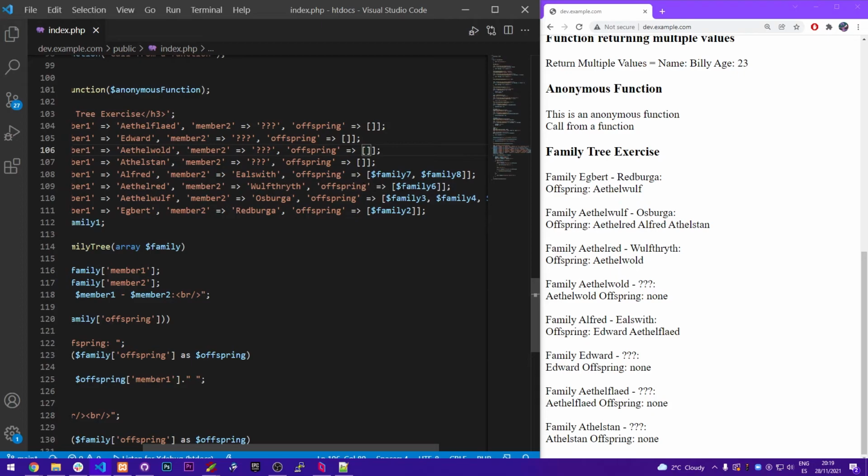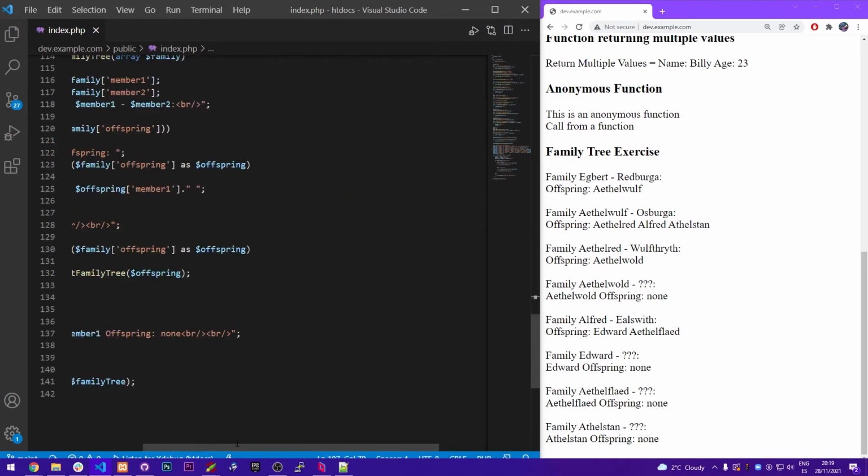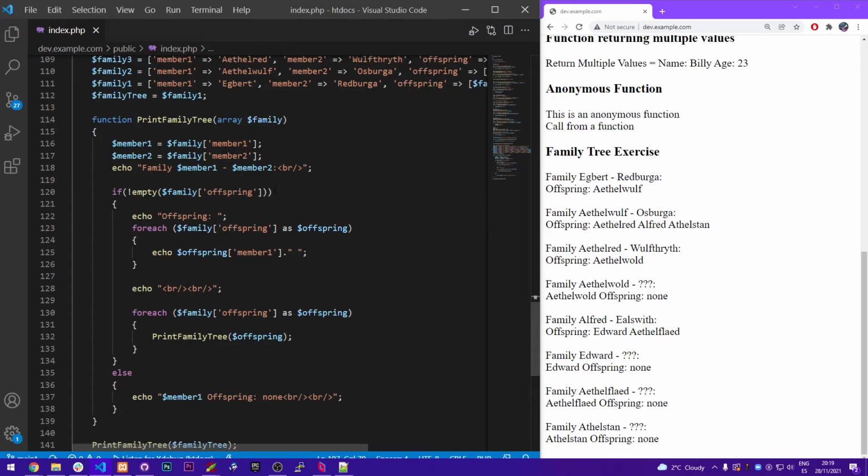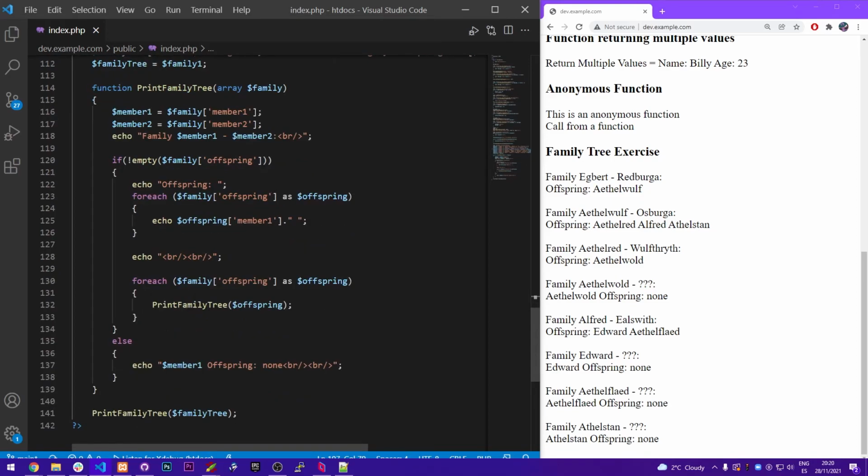Then we go back again, and we go to the family of Alfred, which has 2 offsprings, which is Edward and Athelflaed. And they don't have offspring again, so it will say offspring none, and then it will go back again to the family of Aetherwolf and go to Athelstan, which it doesn't have any offspring. So we have properly gone through the family tree from the very beginning to the end just by calling the